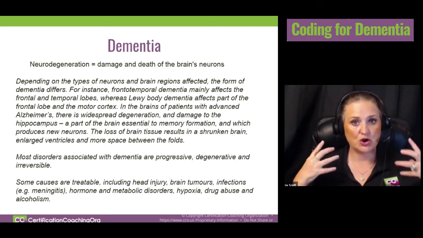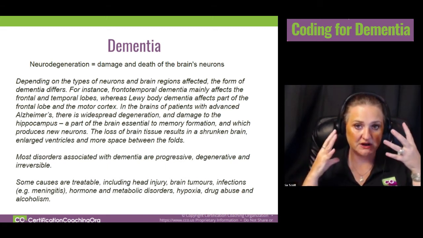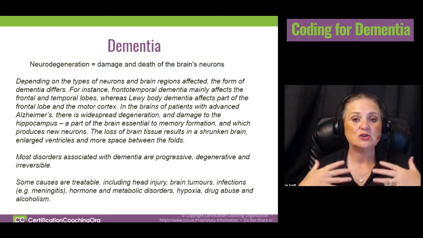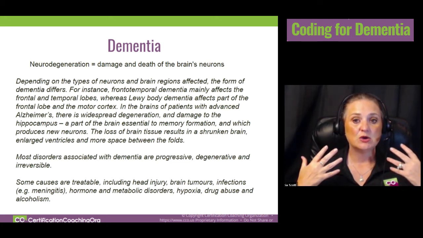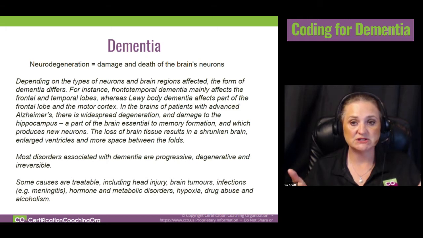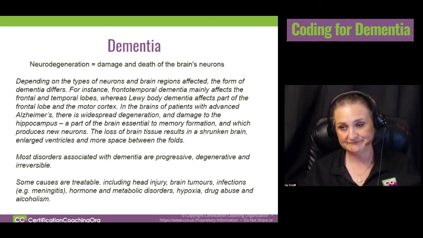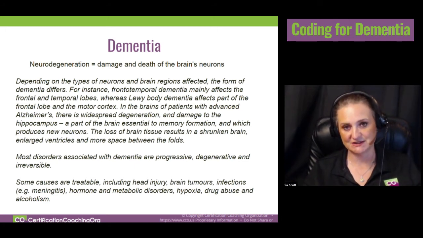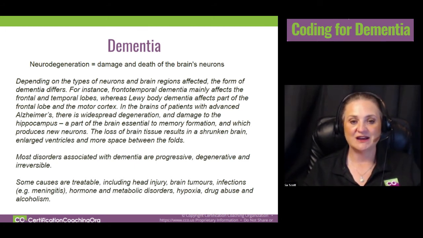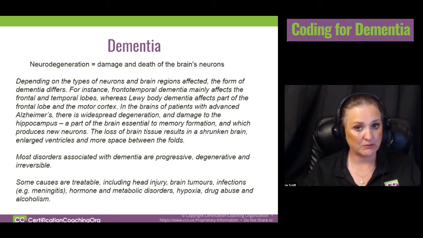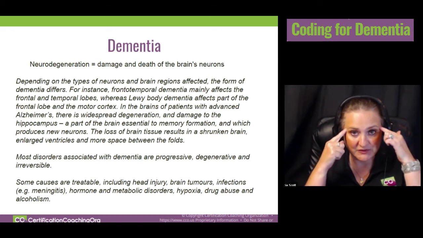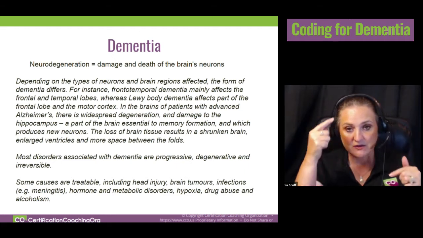Now, again, you don't have to memorize the different areas of the brain. You don't even have to remember that dementia is caused by damage or death of the neurons. That's not going to make a difference in the way you code. However, what you do want to remember is the major areas of the brain, which are pretty easy. Temporal, because these are your temples, right? Frontal,